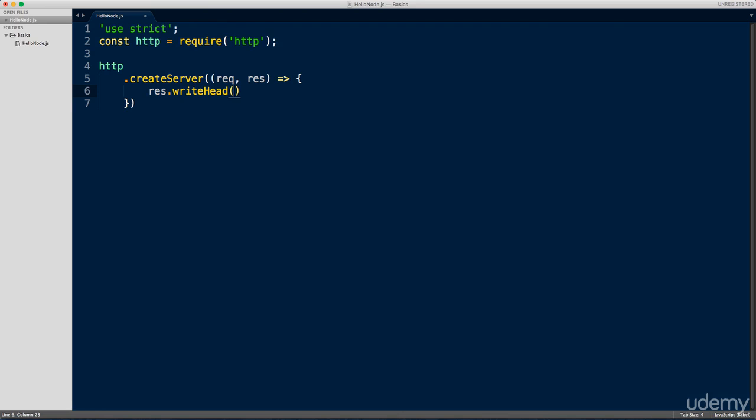So first, I'll send an HTTP status code of 200, which means OK. Then we'll put a comma and we'll send an object which will contain the header. So type content-type in single quotes or double quotes, and after the colon in the quotes we'll type text/HTML because we'll send one HTML string to the user. Next, we'll access another response method called end, and practically this sends the actual data and closes the response. Inside this method, we'll type out our HTML string, which is an h1 tag with the message hello Node.js.